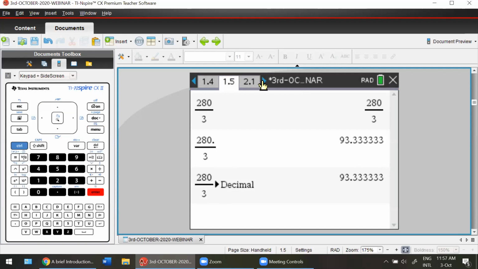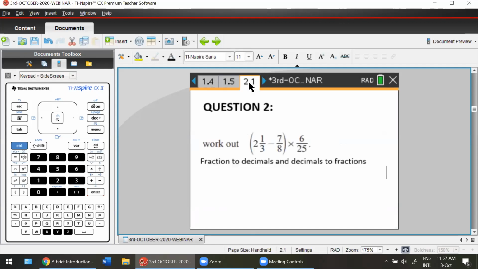All right. Once you've understood this fraction to decimal and decimal to fraction conversion, we'll go on to the next part, which is working out simple numbers. These kinds of questions do come in 0580 paper 2, wherein you work out these kinds of expressions, and fraction to decimals and decimals to fractions can be discussed here. So would you like to try this out and then give me an answer? You can type your answer in chat. Let's see who is the fastest finger.